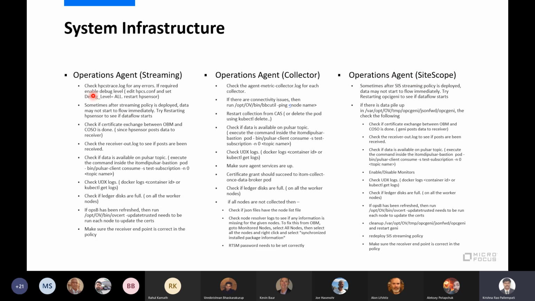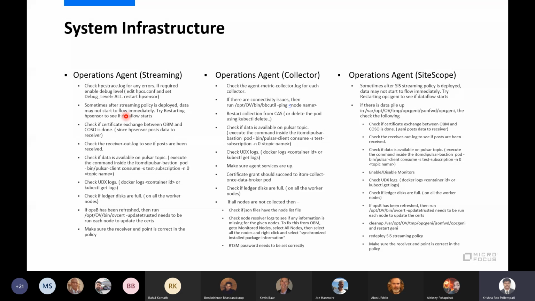You might have seen in classic products itself, where agent data is not flowing, you might go through here and then debug further on the trace logs, including the HPCS trace log. Sometimes, as I mentioned, this is for the streaming policy, where the streaming policy is deployed but data is not flowing.